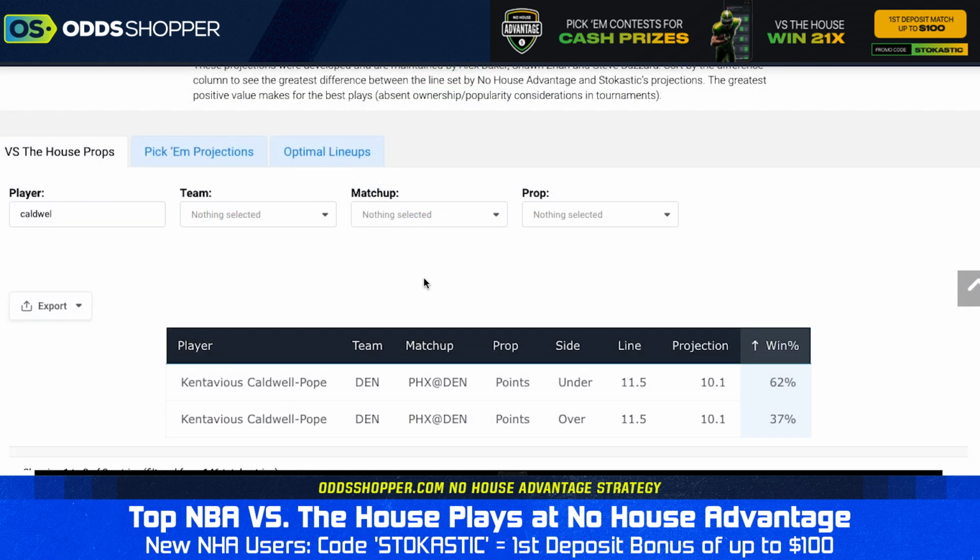I really like going under this number as well. We have this projected as one of the strongest unders on the slate here, Caldwell-Pope at under 11.5 points. And I like it as well. So lots of things going against him. Like I said, he's up against it just in terms of the usage with the players he's generally on the floor with. The matchup is tough. And I think he's kind of just ripe for a little bit of regression. You look at Caldwell-Pope too, just the bigger picture, he's kind of gone under this more times than not this year. So Caldwell-Pope under 11.5 points. That's where we're going to start.